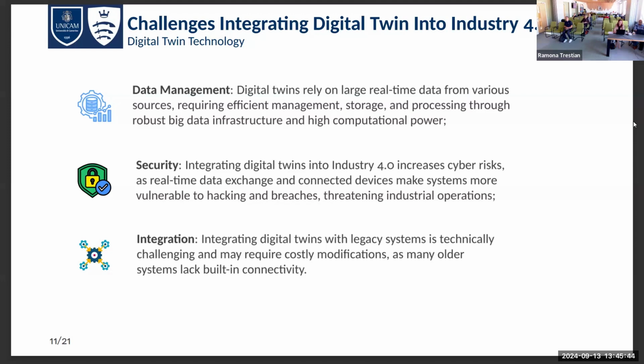And clearly, the security is not only in the communication between IoT and the digital twin. If we think about digital twins that are able to change the behavior of the physical system, we have to pay a lot of attention because it is very risky, and we have the risk to compromise a part of the entire system if, for example, the digital twin is compromised or acting maliciously.